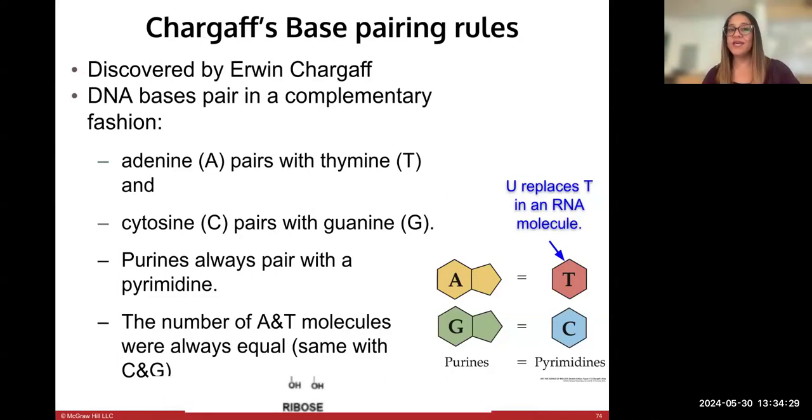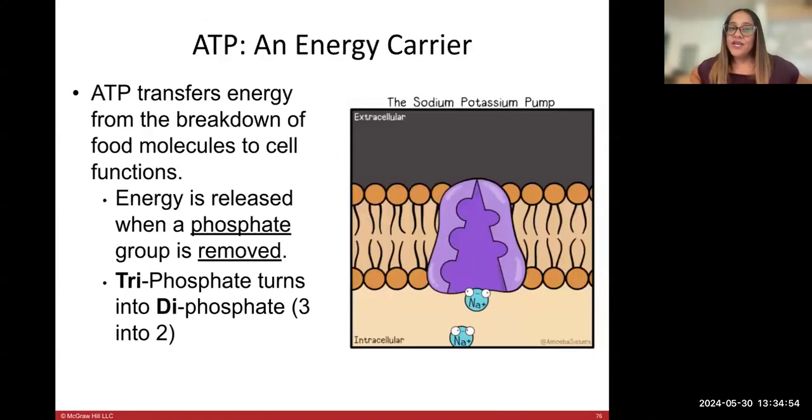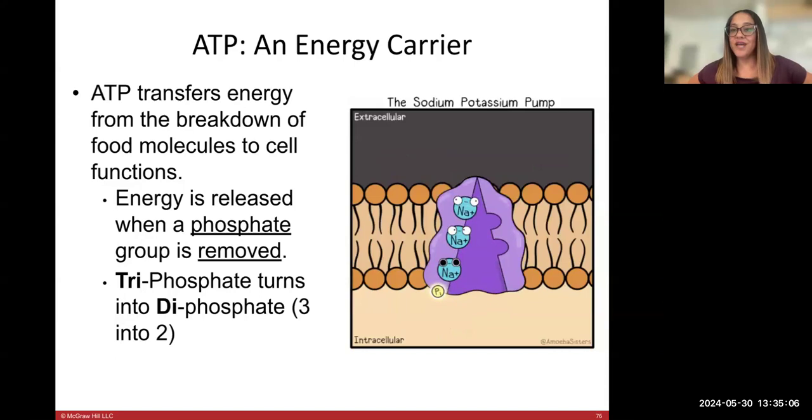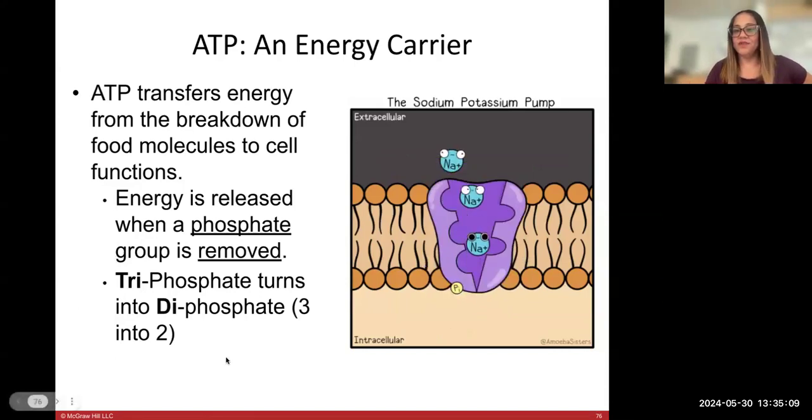Adenosine triphosphate is the chemical energy used for most cell processes. Molecules in food store chemical energy in their bonds. We went through the carbohydrates, the proteins, the fats. They have very, very long structures. The more bonds they have, the more elements and molecules they have bonded together, the more bonds that can be broken, and we can get energy from it. It's called an energy carrier because ATP transfers energy from the breakdown of food molecules to cell functions. Energy is released when a phosphate group is removed. So adenosine triphosphate becomes adenosine diphosphate. And you can see in the picture